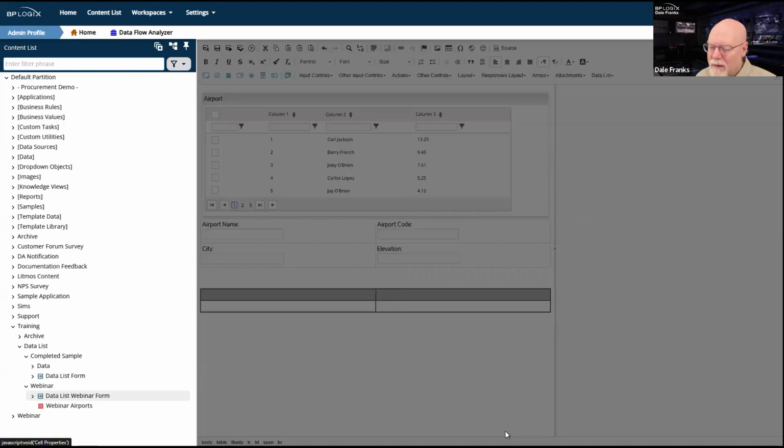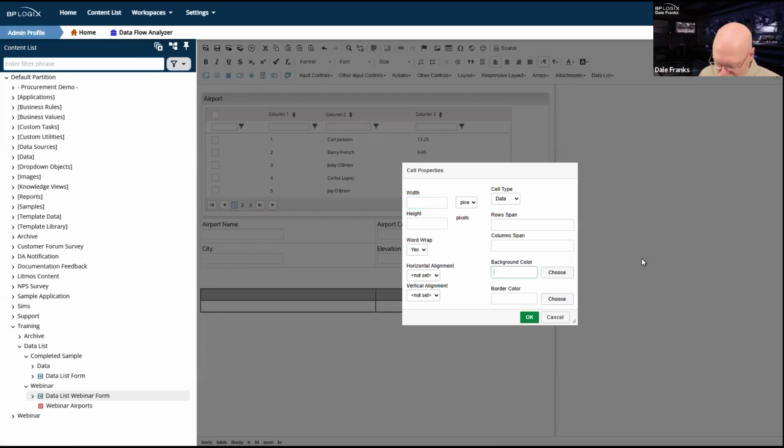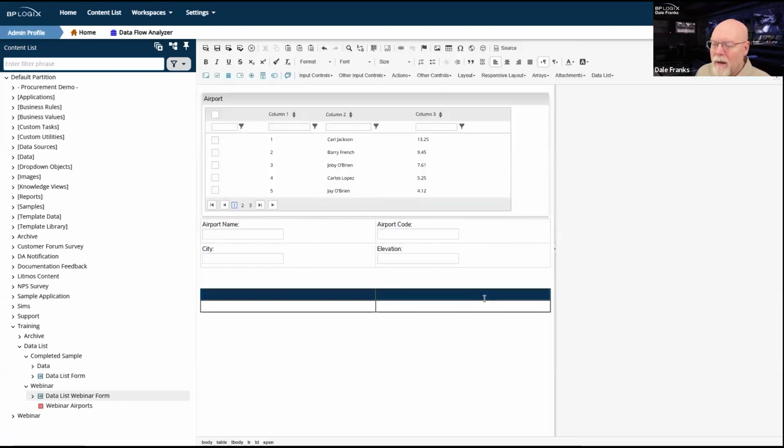Cell properties, 082F4D. Do I have to put in the... okay, yeah, I had to put in the, what do you call it? The pound sign. So we're going to center this text and we'll just call this name and code. And we'll also boldface them. There we go. So I've got name and code, and now we'll create our array.